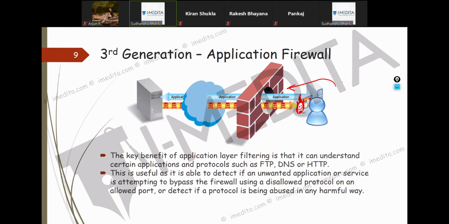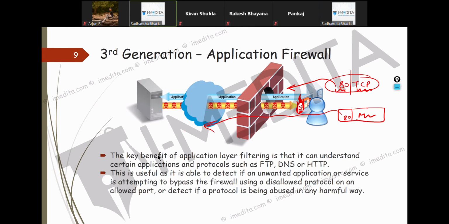Suppose we have kept TCP port number 80 open for HTTP traffic. Now, if you have kept this open, they can conceal or disguise their malicious traffic, something which is not allowed, and use the same port number so that your firewall just sends it across.